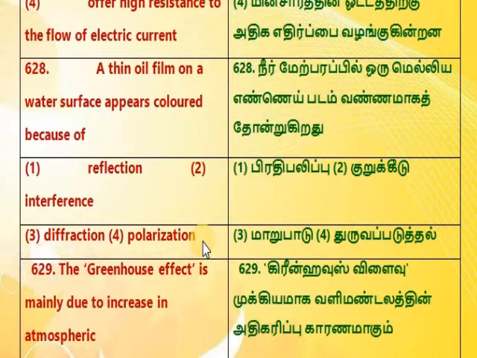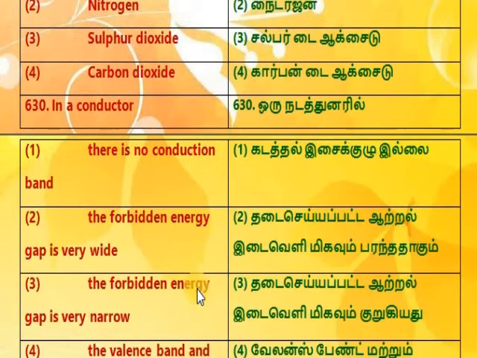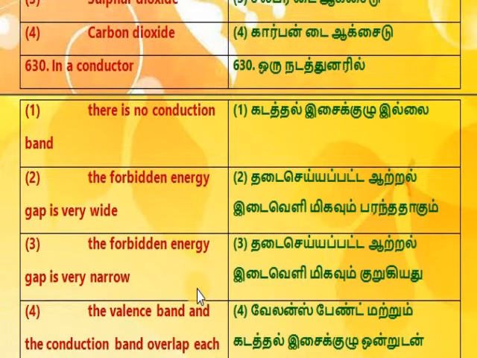Reflection, 2. Interference, 3. Diffraction, 4. Polarization. 629. The greenhouse effect is mainly due to increase in atmospheric: 1. Ozone, 2. Nitrogen, 3. Sulfur dioxide, 4. Carbon dioxide. 630. In a conductor,